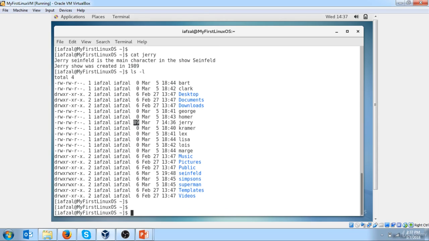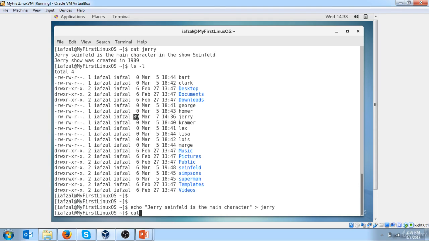If we run the same command again, there you go. Jerry Seinfeld is the main character in the show. If we take out that and we just do Jerry Seinfeld is the main character, right? And now we want to use one redirect, and we want to redirect to Jerry. Now remember this, it will wipe out all the contents of the file Jerry. Basically, it will wipe out the entire file Jerry, recreate the file with the new text that I am typing here. Try it. Let's say hit enter, do cat Jerry,